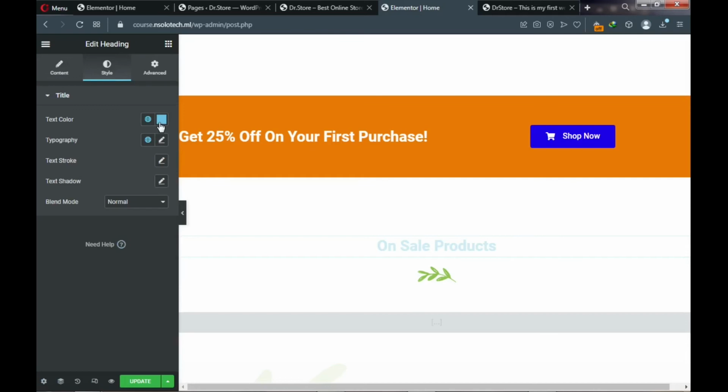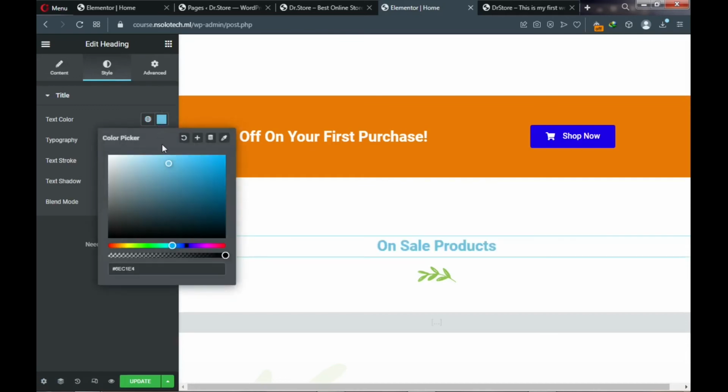Now click on text color, choose your color, and then drag it to the area you want it. So let's say we want this color, and below you can enter your color code if you know it. Okay,